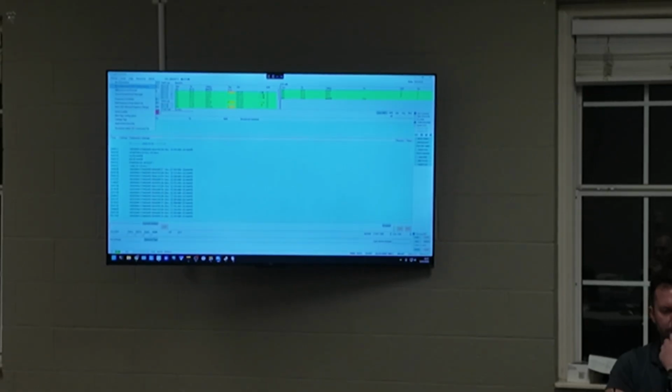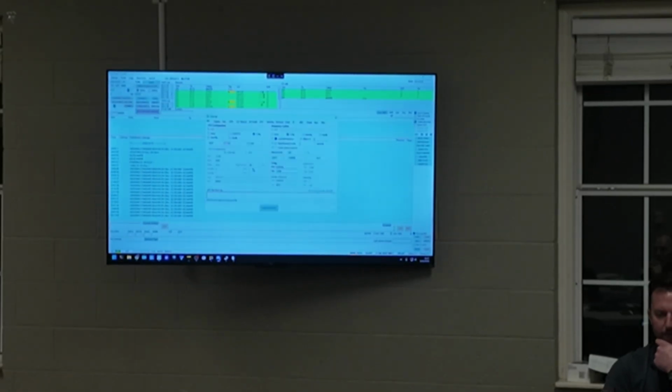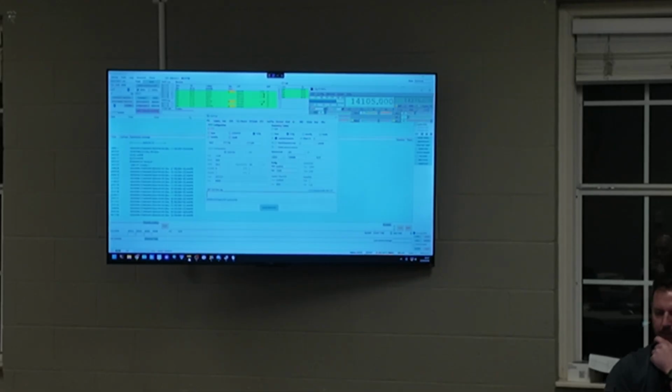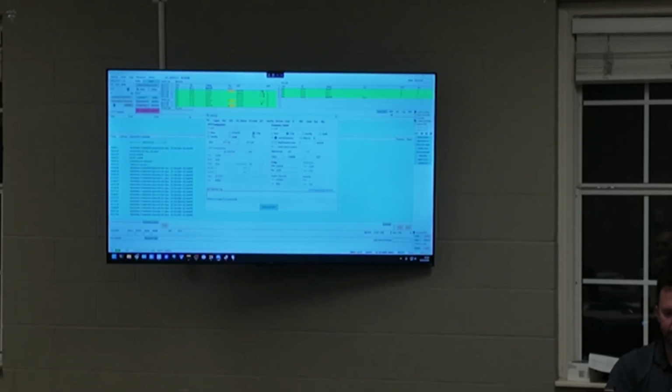Then you'll need to do rig control. I'm doing rig control through FL rig because I can leave that running and then just tell each program to look at FL rig. Makes it a little bit easier. You'll set up the push-to-talk configuration. They make it really easy. Just click FL rig for frequency control. Test the push-to-talk, which I'm not going to do yet, but